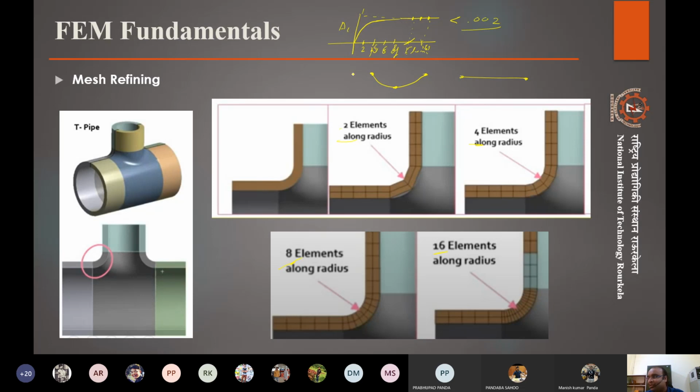As the complexity increases, suppose this is just a U, this is just an L way. If there is a geometry that has a U shape in it, our element will again change in that way. So as the complexity increases, the number of nodes keeps on increasing, right? That balance also has to be taken care of. And when we do the optimization exercise, suppose in ANSYS, when we do this meshing optimization, we can give it an option for increasing the order of mesh. So that can be done.